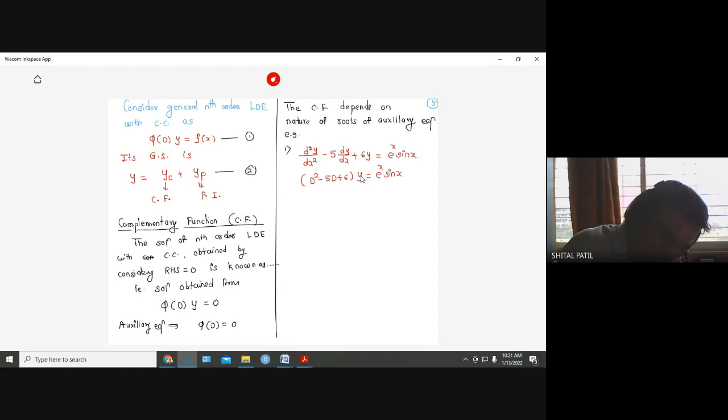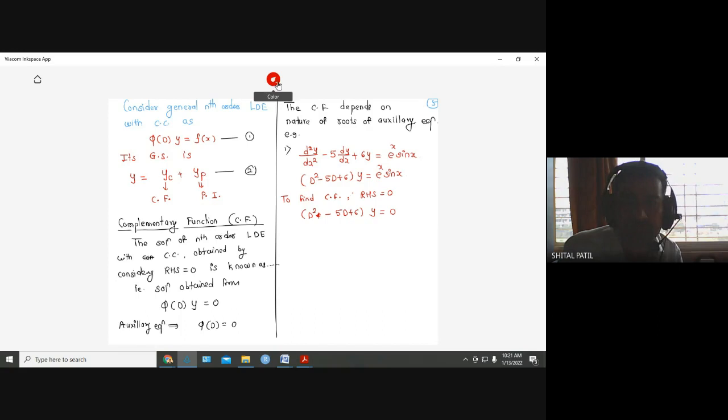So to find the complementary function, what we have to do? Right hand side equal to 0. That is, we have to solve D square minus 5D plus 6, y equal to 0. Now tell me what is the auxiliary equation here. So the auxiliary equation is D square minus 5D plus 6 equal to 0. Now what are the factors? D minus 2, D minus 3. These are the factors. And therefore,